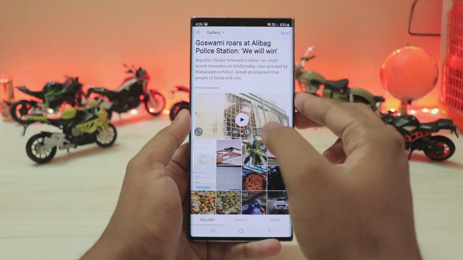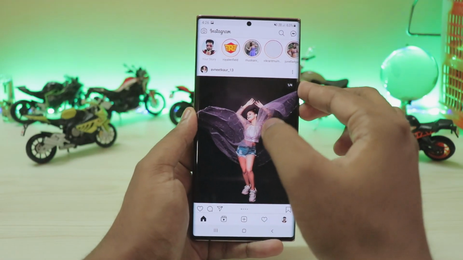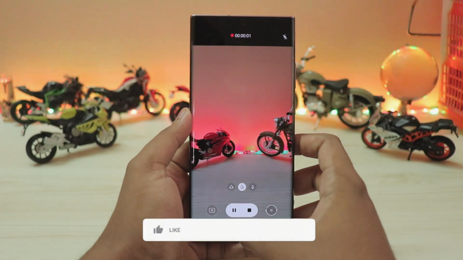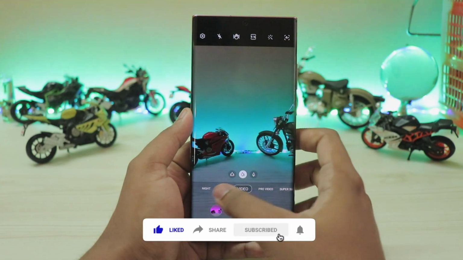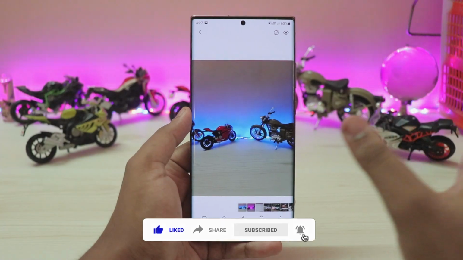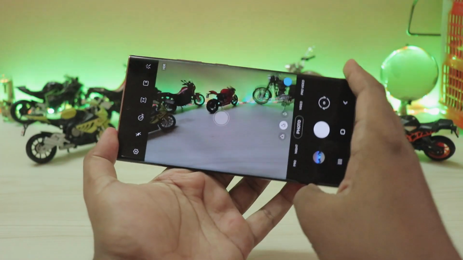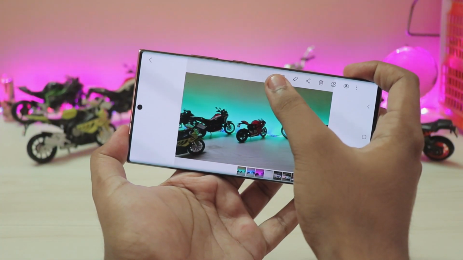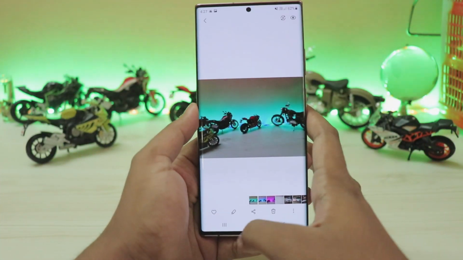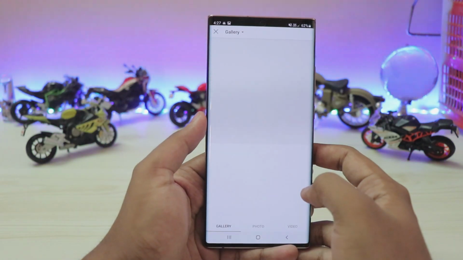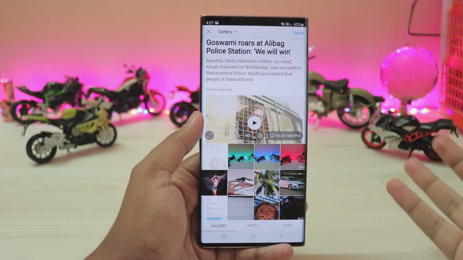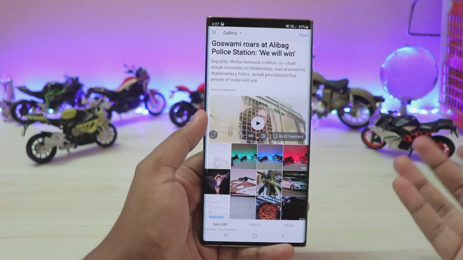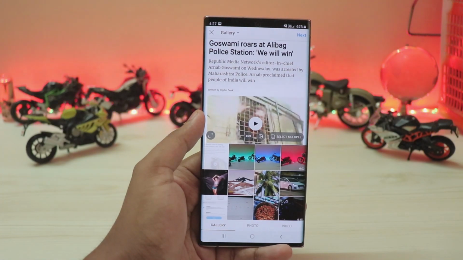But if you are in something like Instagram, to be honest, let's just try that. Let's take this screenshot and capture a pic. Again, the processing of the pictures has been completely fixed. Previously I thought it was completely broken. It would take almost a minute to process 3 pictures, but now if you take a picture, you even have a processing animation right over there, even in landscape, which is really good. But once you take a pic and go back to the app, there you go, the screenshot is still on the top. So again, according to me, Samsung should add the modified date rather than just the creation date of the screenshot. That would really help.